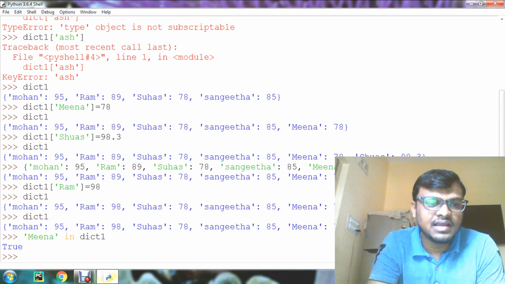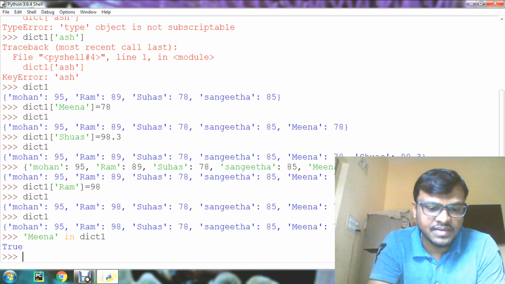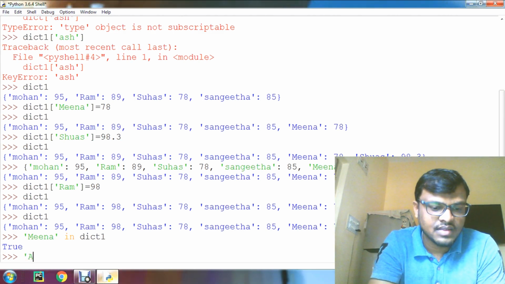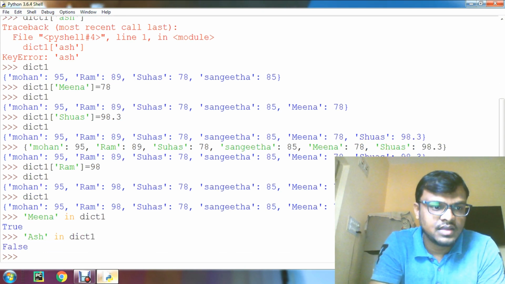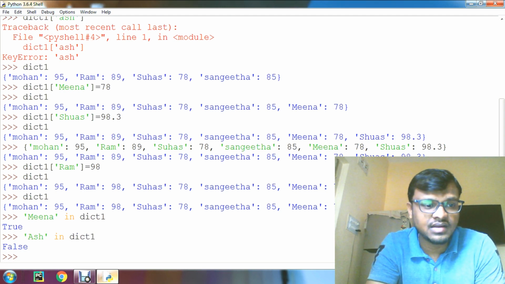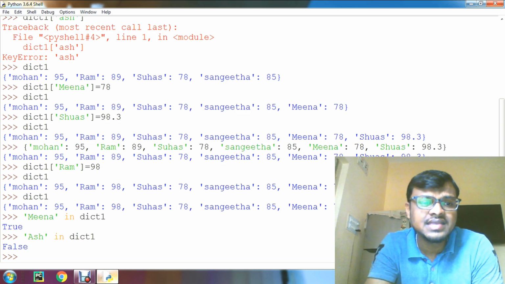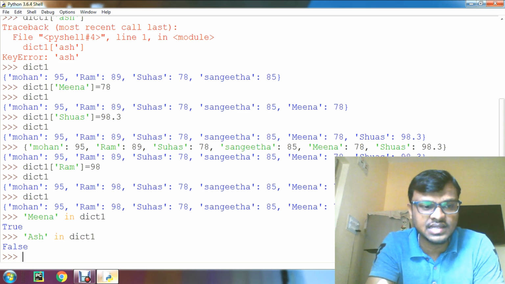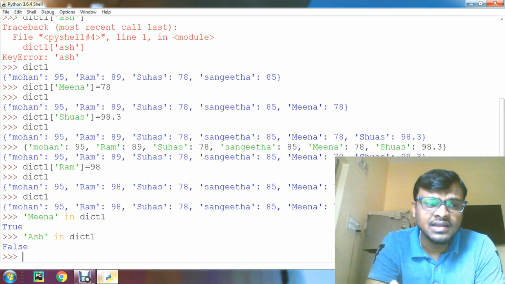What if I give something other than a key? For example, I will give ASH in dict1. It is false. Okay, like this we can use the in operator. Same way we can use the not in operator. The not in operator returns true if the key is not present in the dictionary. If it is present, it will return false.